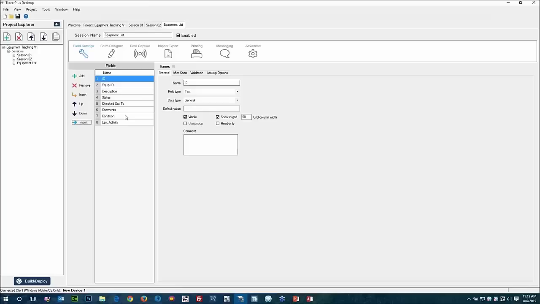This session is really for reference, so we don't need to configure much of it. It's really for lookup purposes for the other 2 sessions. So I'm just going to leave it as is and jump over to session 1. This one I'm going to set up manually,